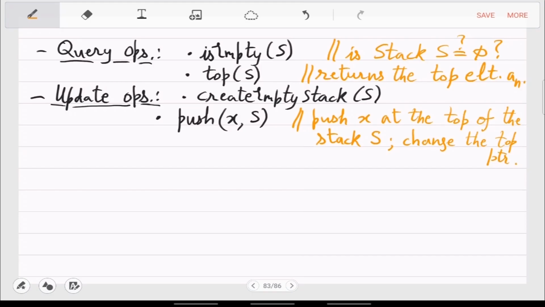So push creates a new node x, puts it at the top, and makes that the new top. So a size n stack becomes size n plus 1.